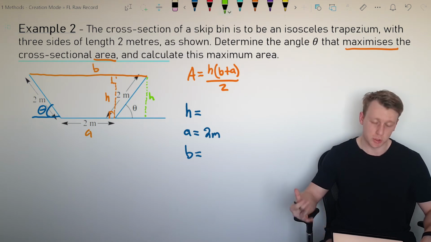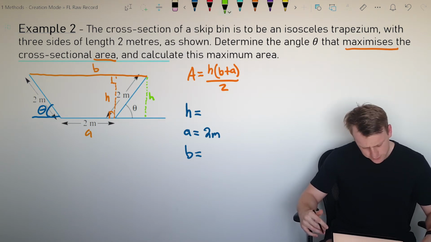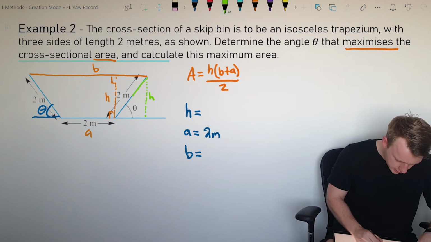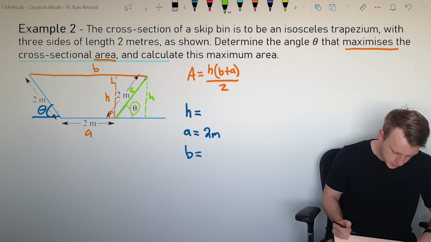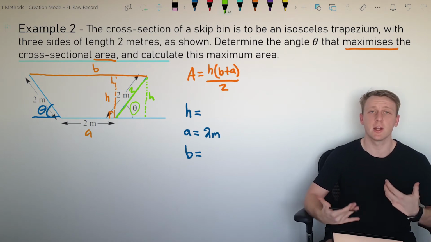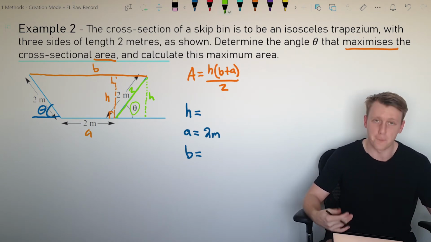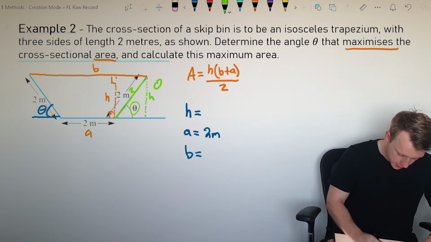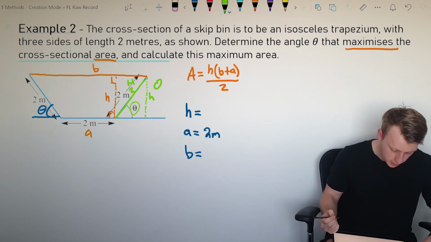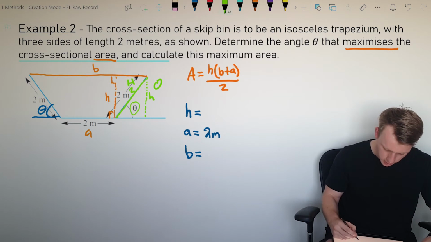Okay, that length would also be h. The hypotenuse here is a length of 2 meters, and I've got some angle in there. Now, I can relate all of these variables by trigonometric ratios. So where I'd say this is my opposite, this is my hypotenuse, which would be very nice, because then I can say that,